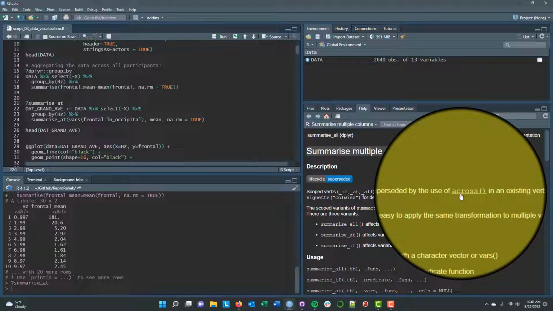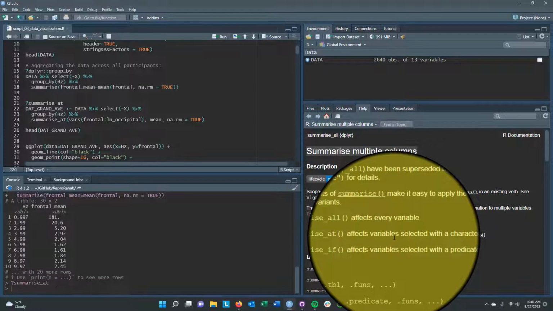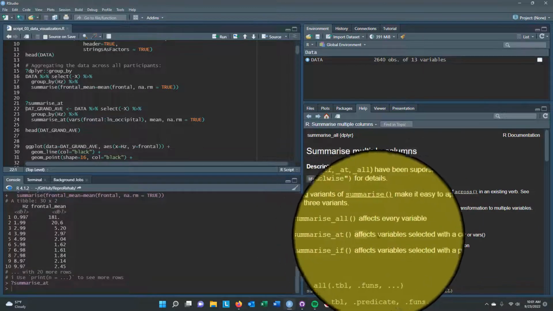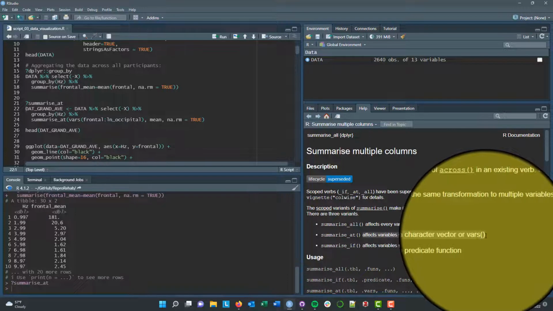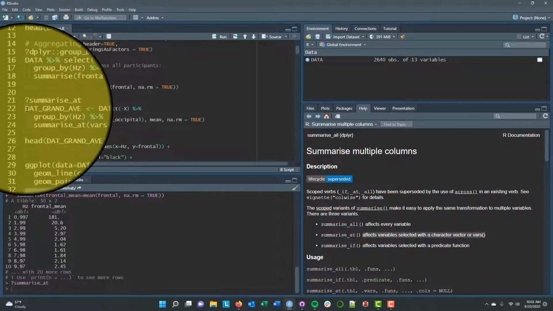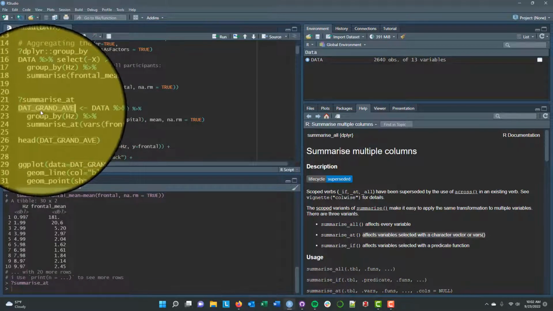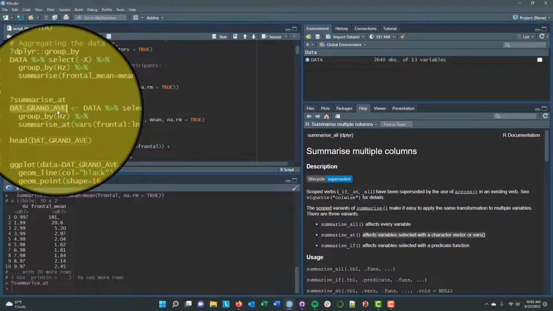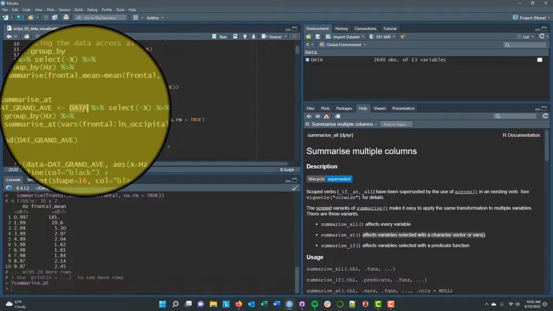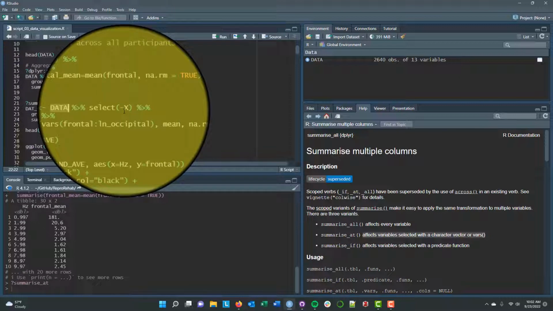So I'll have to get myself up to date and actually look into using across at some time in the future. But let's go ahead and keep using summarize at, because that's still going to work, and that's going to affect variables selected with the character vector or vars argument. And so what we can do then is the same thing as before. This time we're going to create a new object, which we'll call dat grand av, for the data grand average. We'll take our data, push it through a pipe into the select function, drop the x variable,